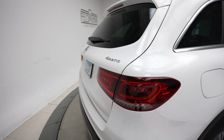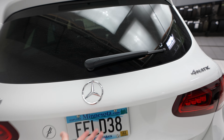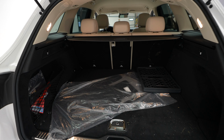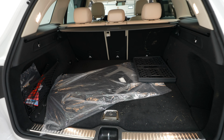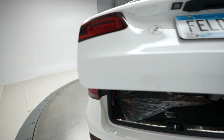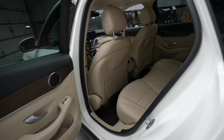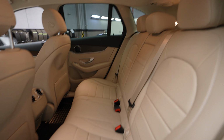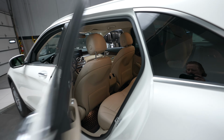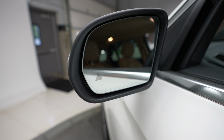Around to the back here, our 4MATIC Mercedes-Benz and GLC 300 badging, power opening and closing trunk, rear seats, blind spot assist,